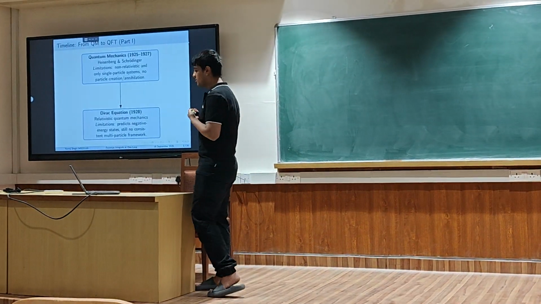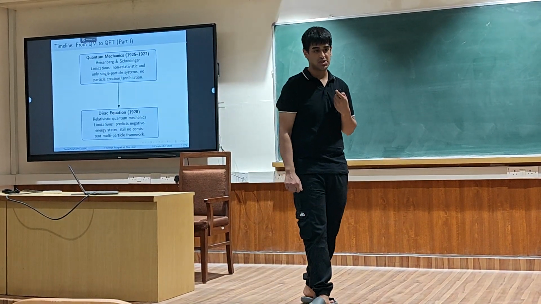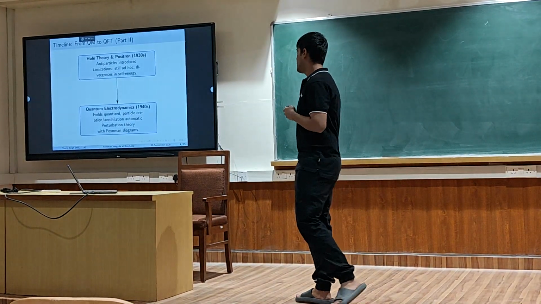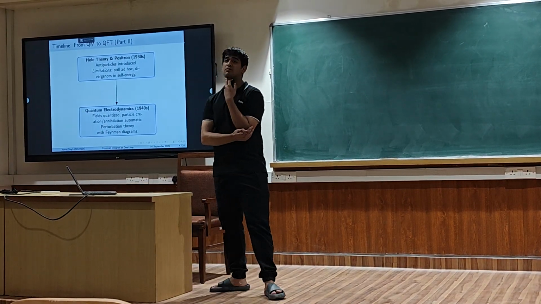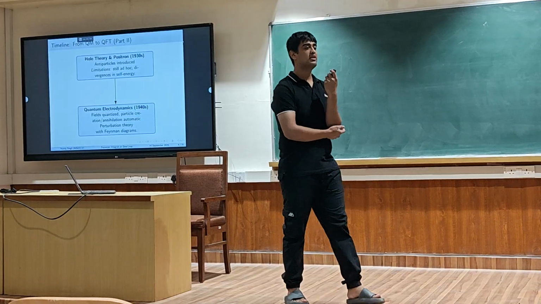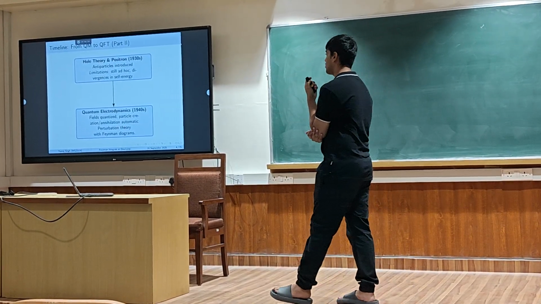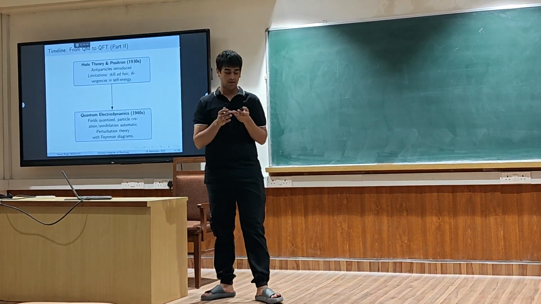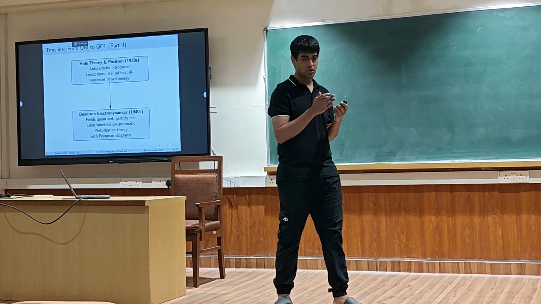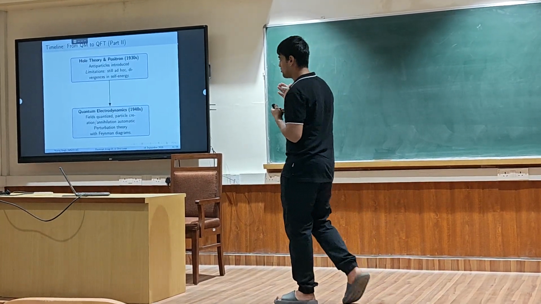But it still posed a problem of negative energy solutions, which was the same case for the Klein-Gordon equation. So later, Dirac proposed his hole theory, where he says that there is an infinite sea of electrons, a negative energy sea of electrons, and any excitation in this negative infinite energy sea will lead to the creation of an electron, and the hole that we have will be an antiparticle, or a positron.